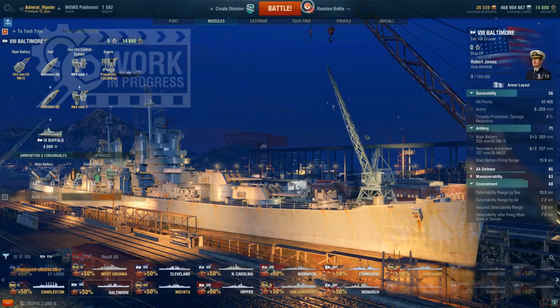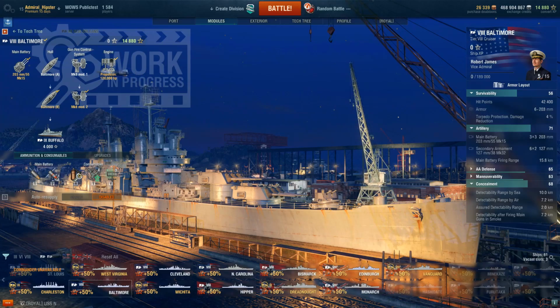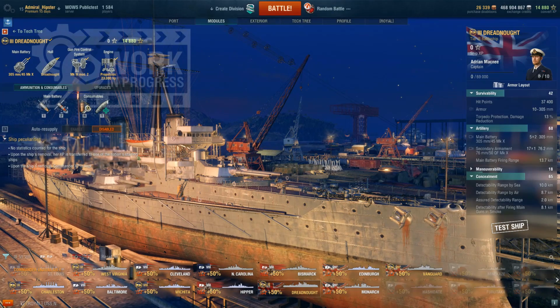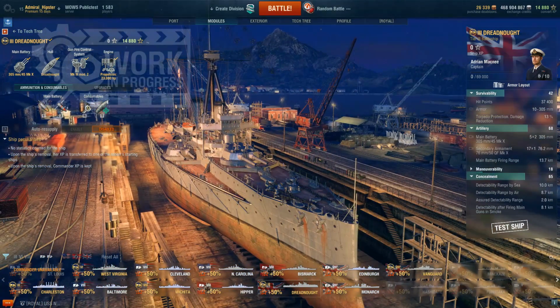And that brings us on to the Brits. At Tier 3, we have the battleship that started it all, HMS Dreadnought. Technically, we already kind of have a Dreadnought in the game. HMS Bellerophon, the existing British Tier 3 battleship, is a Dreadnought class battleship, but it's not the Dreadnought, and this is. Battleships existed prior to the introduction of HMS Dreadnought, but